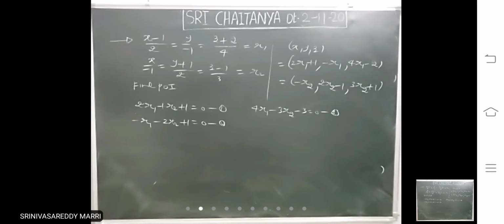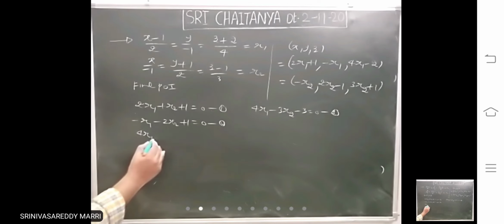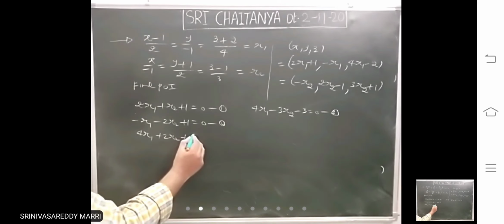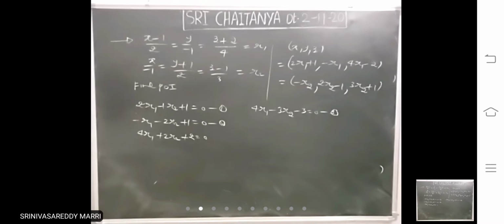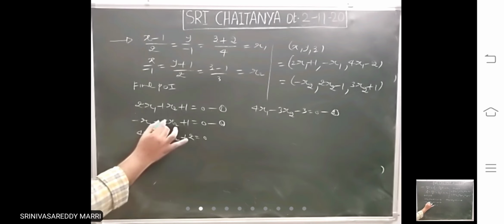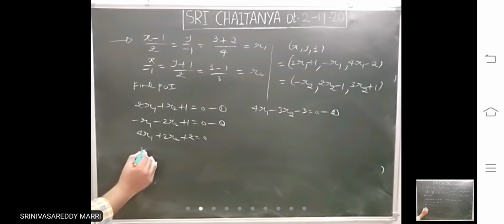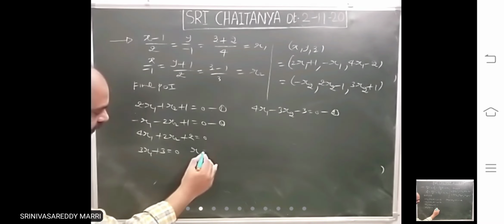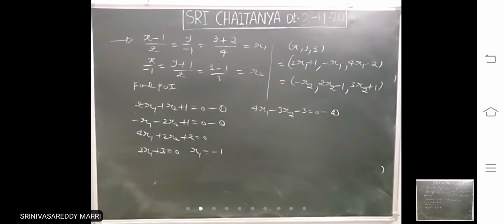Third equation. What we will do is we will solve these two. For that, what I am doing is multiplying with 2. Multiplying with 2 means 4R1 plus 2R2 plus 2 equal to 0. I am adding this and this such that it will get cancelled. 3R1 plus 3 equal to 0. R1 is what? Minus 1. Therefore, R1 is minus 1 means here you substitute.